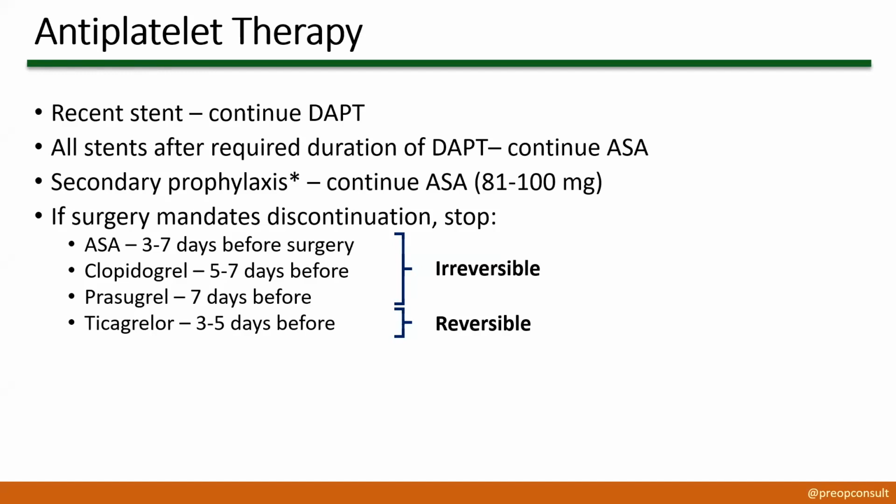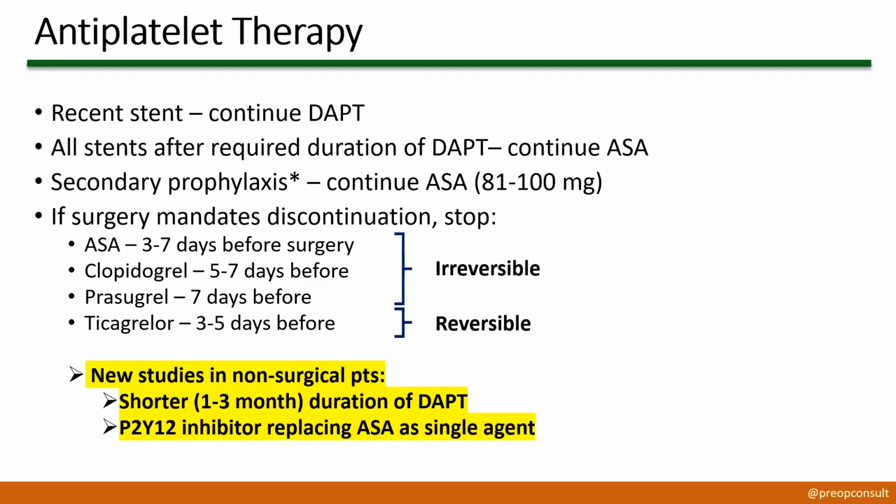These 3 drugs are irreversible platelet inhibitors, which means that all the platelets in your system are currently non-functional, and you need to generate a new pool of platelets, which will take a minimum of 3 or 4 days to get at least 50,000 or more platelets. For ticagrelor, it's reversible, so once the drug is out of the system, your current platelets will resume normal function. That will take about 3 days. The guidelines from the Europeans were 3 days. In the United States, it was 5 days.